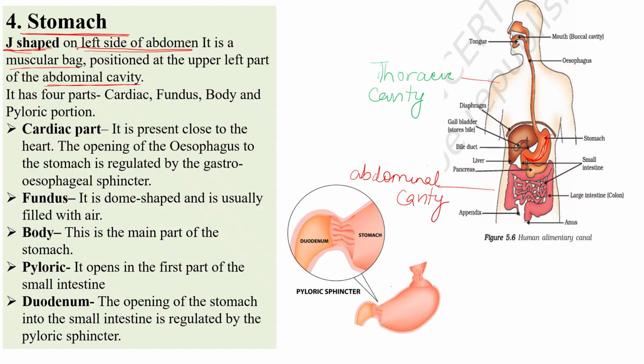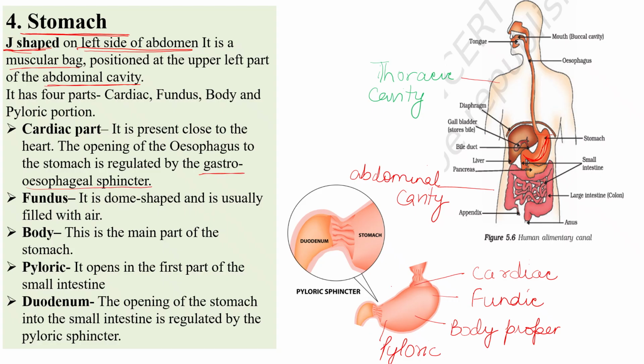Now the stomach has four parts, and these are cardiac, this is fundic, this is body proper, and this is pyloric part. So the cardiac part is present close to the heart, and the opening of the esophagus to the stomach is regulated by the